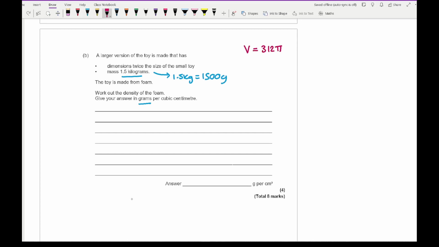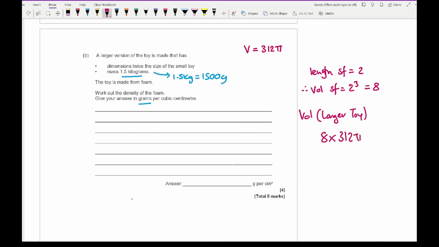Now, if the length scale factor is twice the size, they're doubling it, so that means that the volume scale factor, let me just write that properly. So the length scale factor is 2, so that means that the volume scale factor is going to be 2 cubed, which is 8. So then here the volume of the larger toy is going to be 8 times 312 pi, which gives me